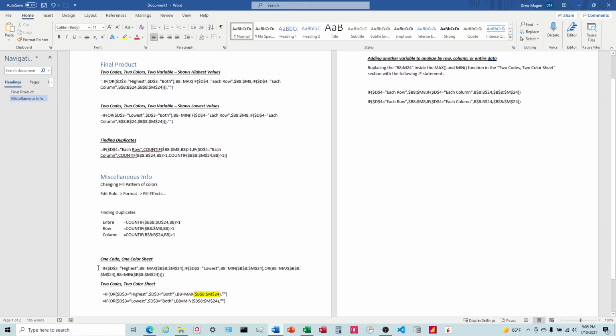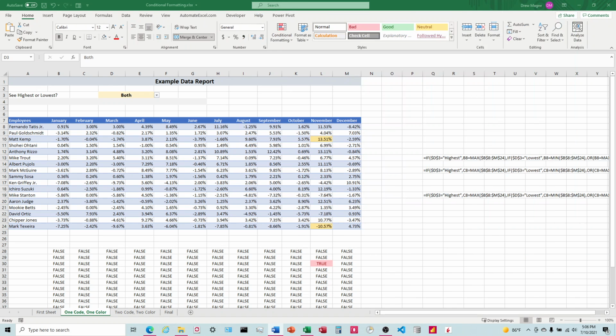And so it's going to be right down here. This is going to be the statement we're going to use. I would recommend you copy and paste it, because when you try to enter it, there's always going to be some issue that you're going to have to troubleshoot. You'll forget to lock a cell, or you'll forget an entire section of code. So we're going to copy that, and if you're looking at it, I would recommend you just write it out really carefully one time into Excel. And then once you have it written into Excel, then you can just copy paste it from Excel. If you're copy pasting from a Word document,